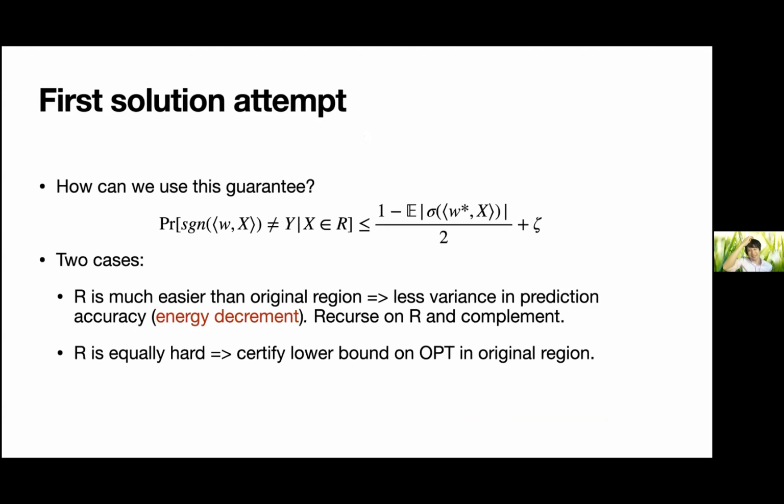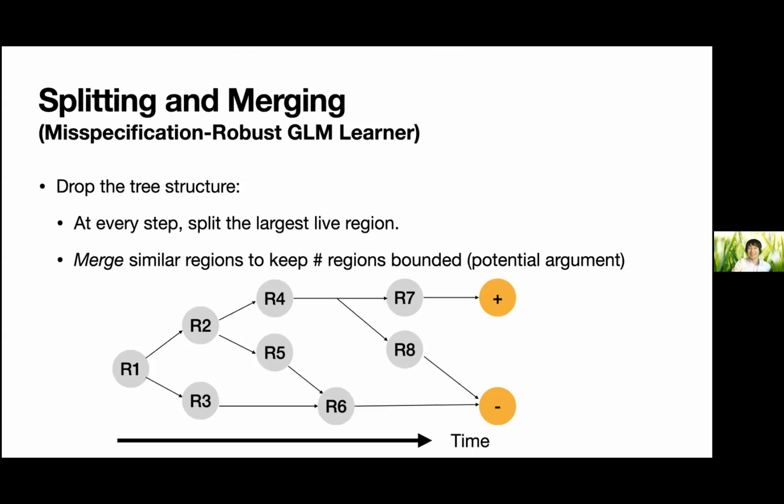It turns out, if you try to naively consider, there's two cases. Either I find a region that's much harder or much easier than the original region, or it's not much easier. You can come up with some similar recursion that outputs the decision tree, but the recursion really blows up, so it doesn't actually work.